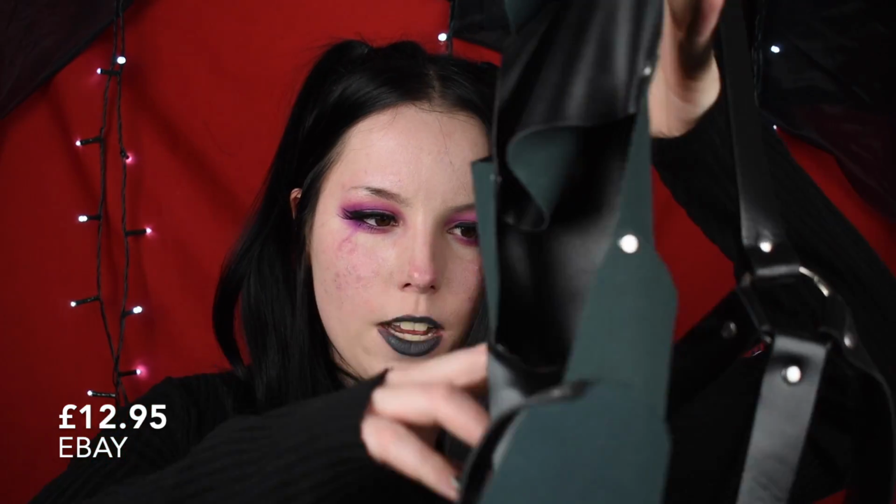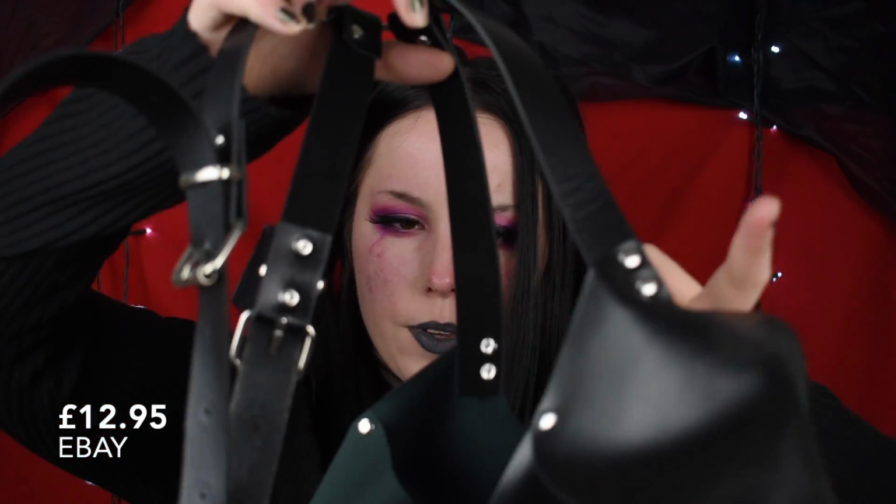I'm just going to grab whatever's down here first and start talking about it. I feel like a lot of this haul with me holding things up is going to look really strange and confusing. This one I actually purchased for my boyfriend. He is 6'3" and I think he has a 40 chest. I don't do men's sizing. He's an XL in men's clothing. So this didn't actually fit him at all. It fit him kind of maybe on the lowest